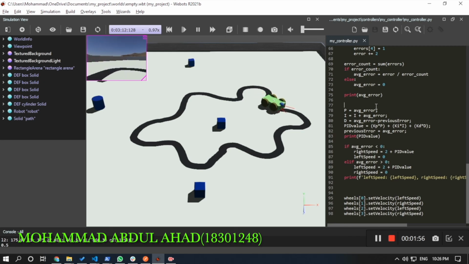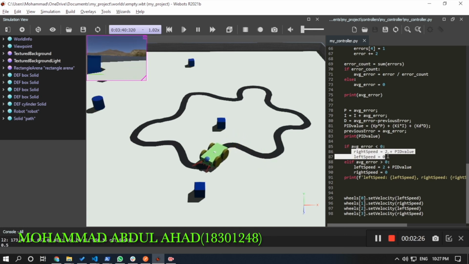And then we have implemented PID here: p equals average error, and I equals I plus average error, and d equals average error minus previous error, and the PID value equals kp into p plus ki into I plus kd into d, and previous error equals average error. And then if we have detected average error, then we have changed the speed of our